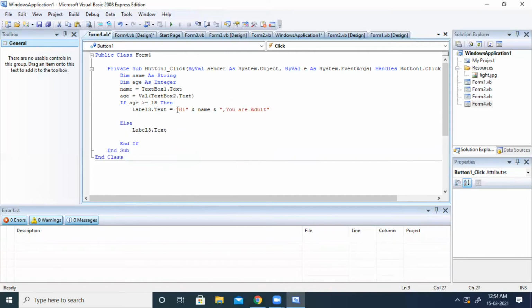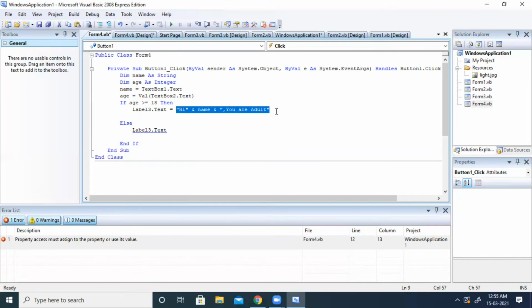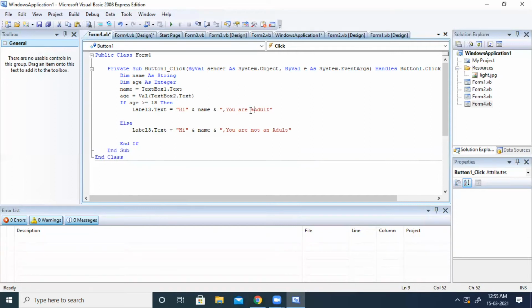The same message I'm going to copy from here and paste here. Simply I will change it here to "you are not an adult." Now I'm going to close it, with the End If statement already there.